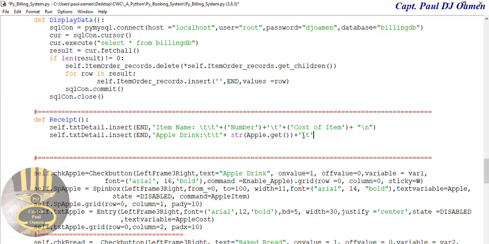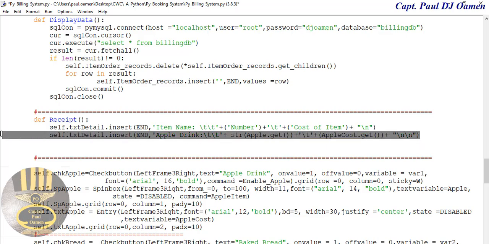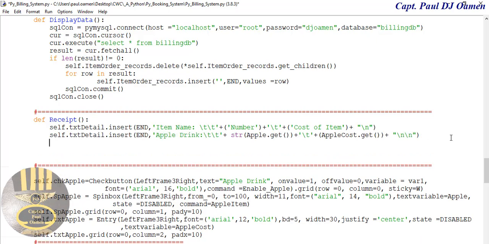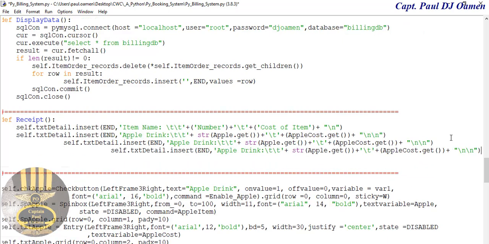Tab, plus the cost of the apple itself. So we can just say the cost of the apple. That goes in here. So that is cost. There. Now let's come out of it and go to next line. I can copy this, copy, paste it there. Go to the next line. Okay, maybe I should add another space. Okay, I think that will do for this. Let's store it and make sure there's no error. So I can just copy this now and paste it for the other five. 1, 2, 3,